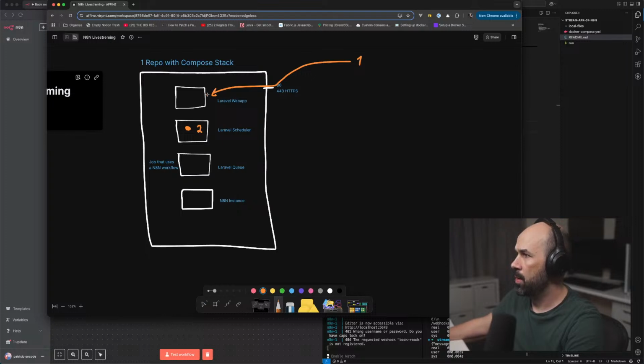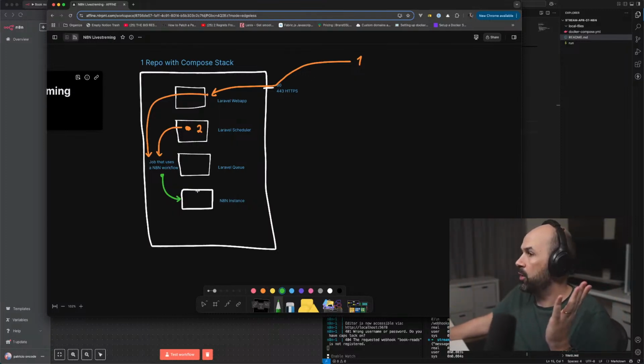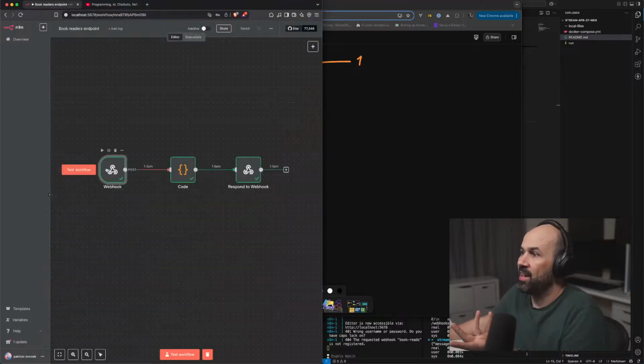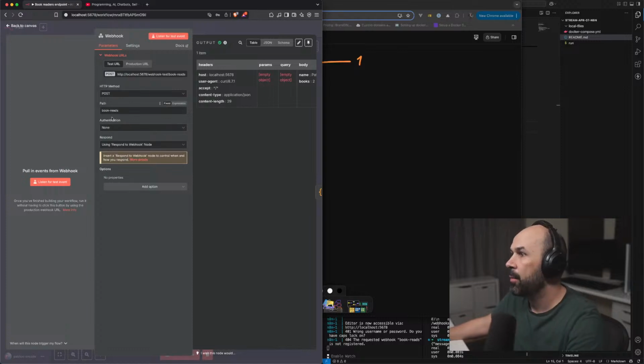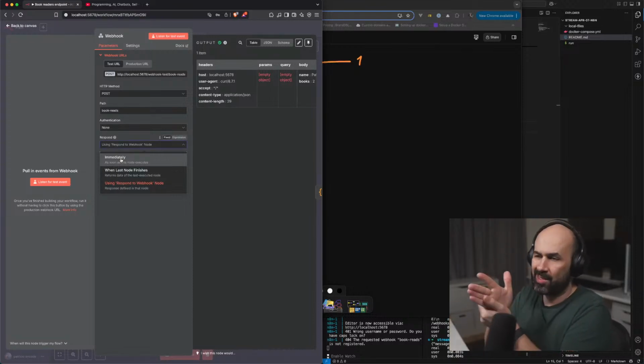So we can dispatch a job from here, or we can dispatch a job from here, and then the job would come to the N8N. It could wait because it's a long running process. I don't know actually if it will reply immediately or how much it can take, right? But we can respond immediately, like, hey, your workflow has started.